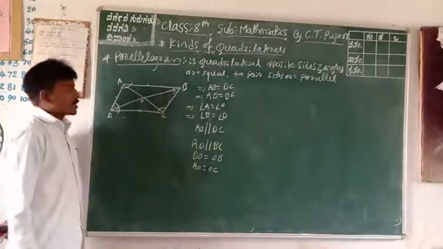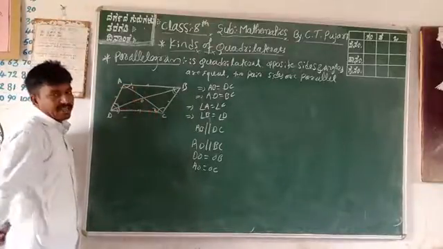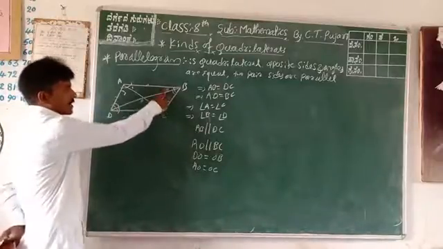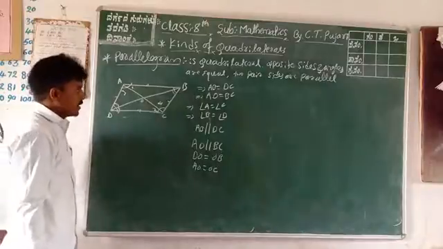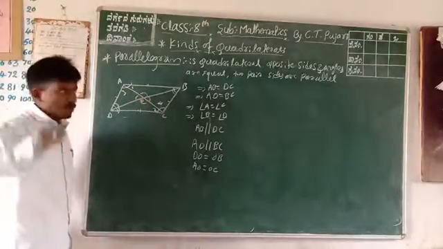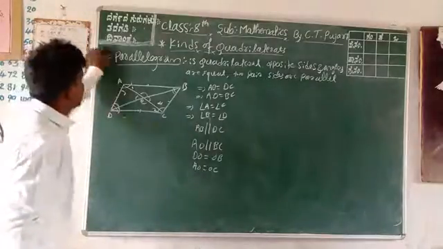And also in the given parallelogram, alternate angles are also equal. Angle 1 is equal to angle 2 because they are alternate angles. And also 3 is equal to 4, alternate angles. And also this angle is equal to this angle, alternate angles. Okay. Next, opposite angles are also equal, you covered that in your previous class. Next, some examples on the parallelogram.